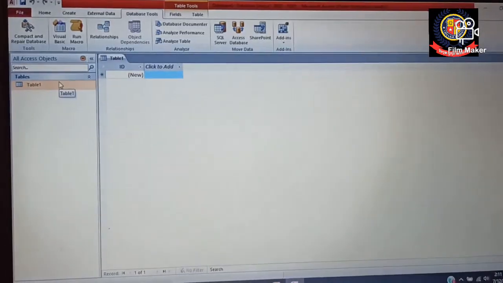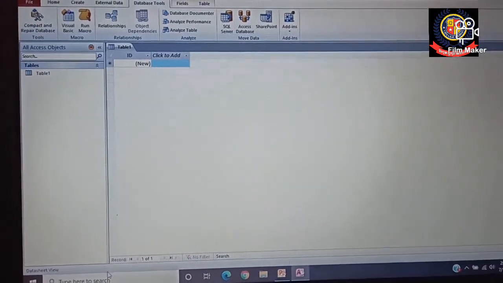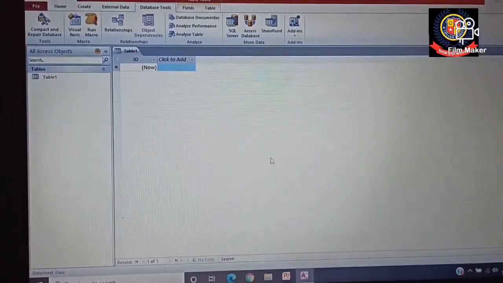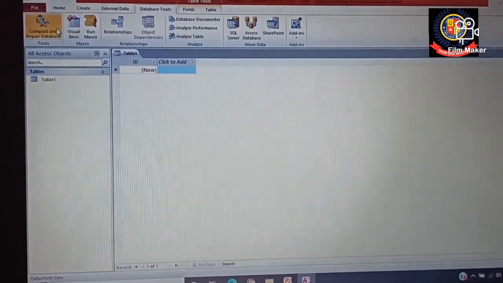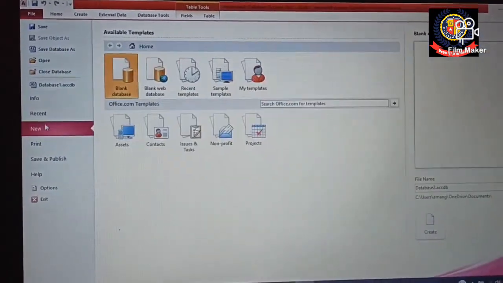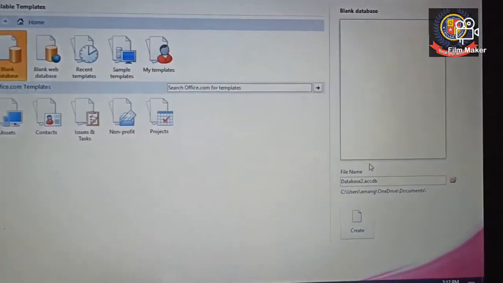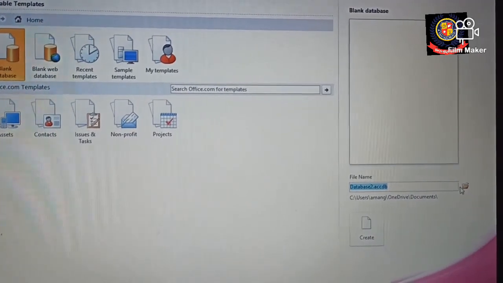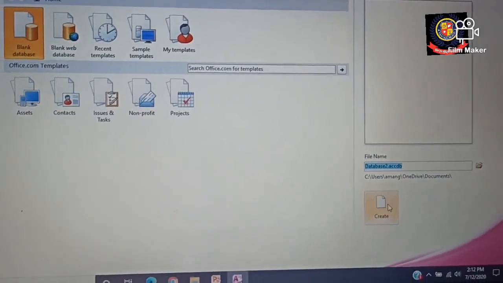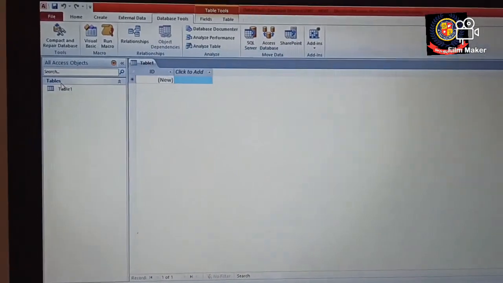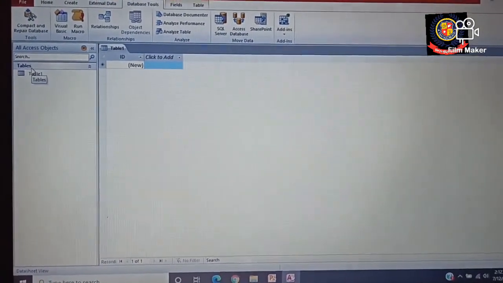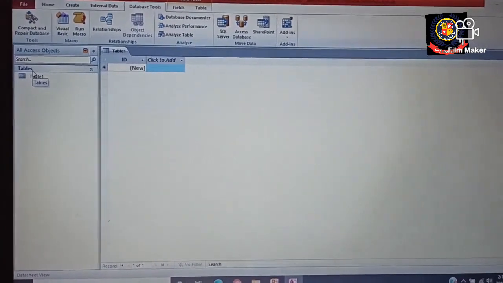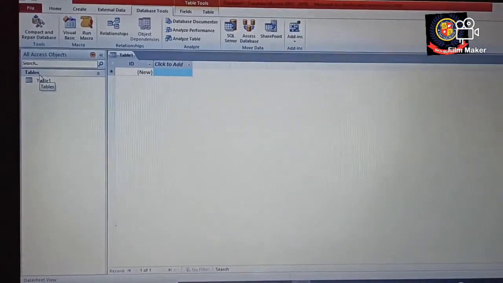On our system or on our laptop. Clear? First you have to go to the start. Okay, then in the search bar you have to type Microsoft Access, then you have to click on it, then the file will open in front of you, then you have to click on the file, then new, then it asks for the blank database, click, and then go to the file name. You can choose the storage location wherever you want to store the file and then name it, and then click on create, and then your file will open and it shows like this. Clear? So this is the way we can open MS Access on our computer screen.